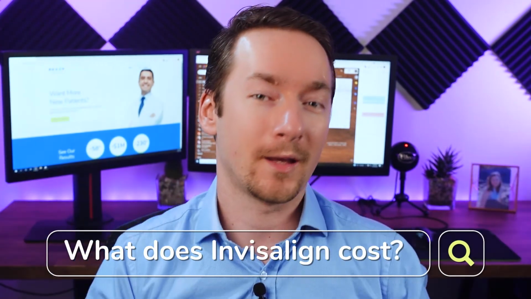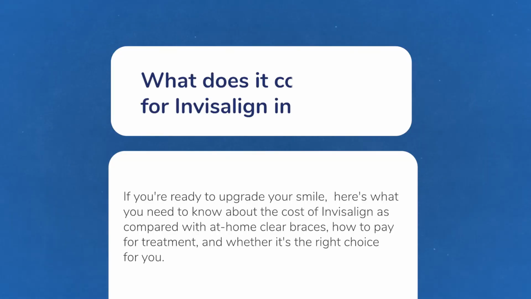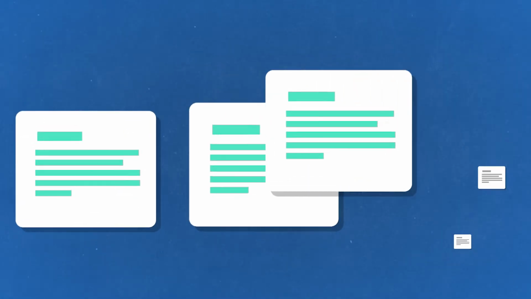So for example, there's probably hundreds or thousands of people in your area every month searching for, what does Invisalign cost? Now let's say this was a keyword that you wanted to rank for. Many dentists who are a bit more savvy with digital marketing would think that the way this happens is you write a blog post about it and you have a title that says, what does it cost for Invisalign in Toronto? Today, it's largely a waste of time, and you will end up having a website that is actually worse because you'll have hundreds of these low quality blog posts and pages on your website that have very little information talking about a million different topics